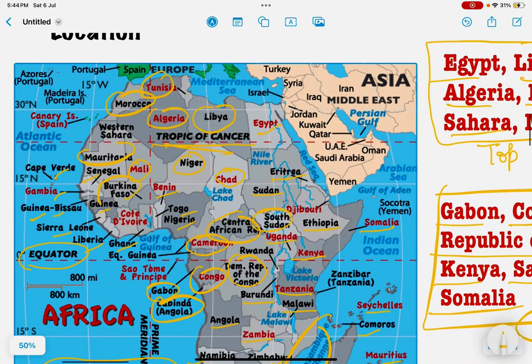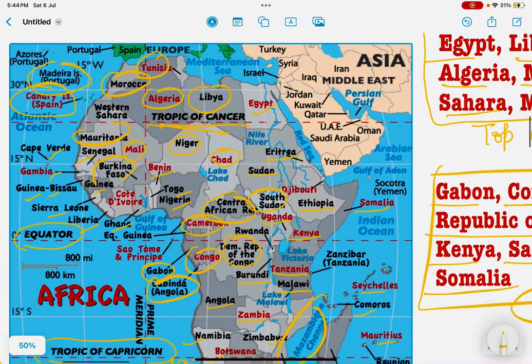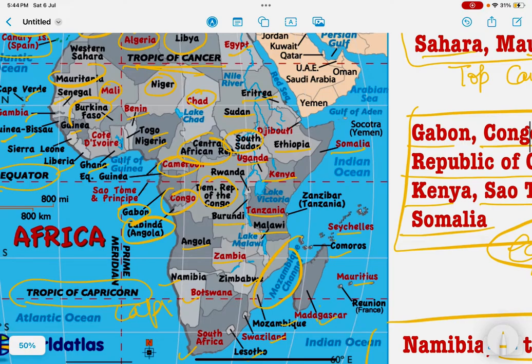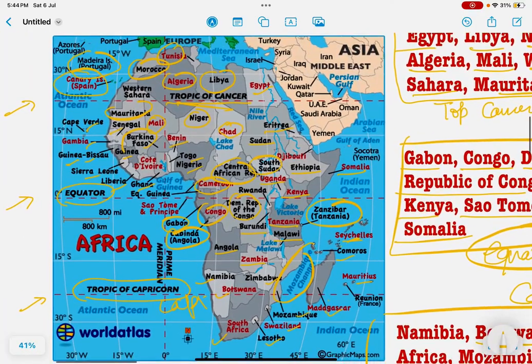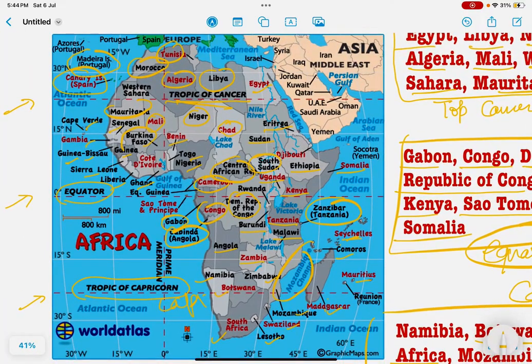And we have two island groups: the Canary Islands with Spain and the Madeira Islands with Portugal. We also have Madagascar, the Seychelles Islands and Zanzibar Island as well. So this is the basic political map of Africa, where you can see all of the countries,